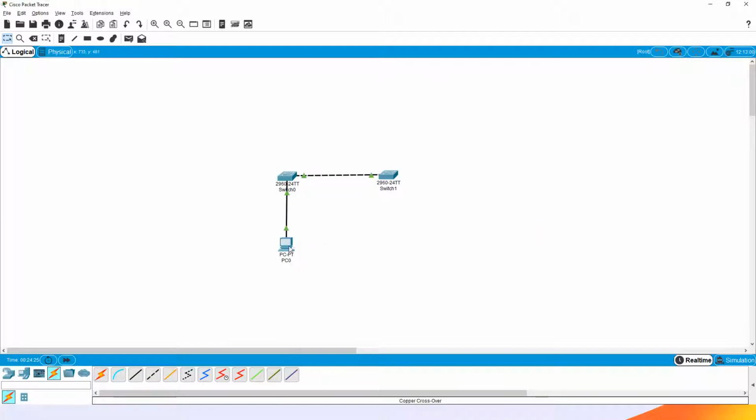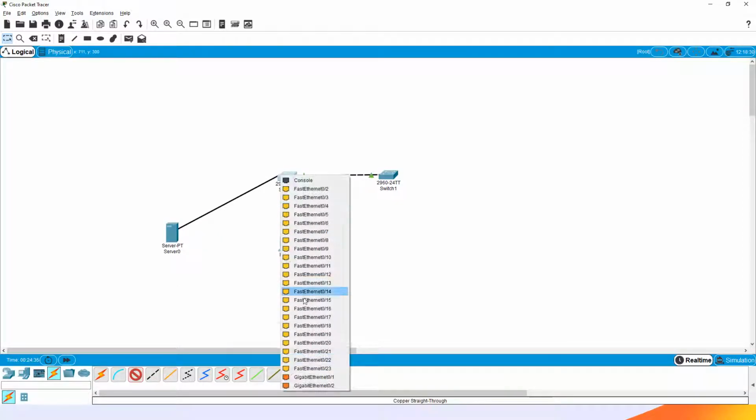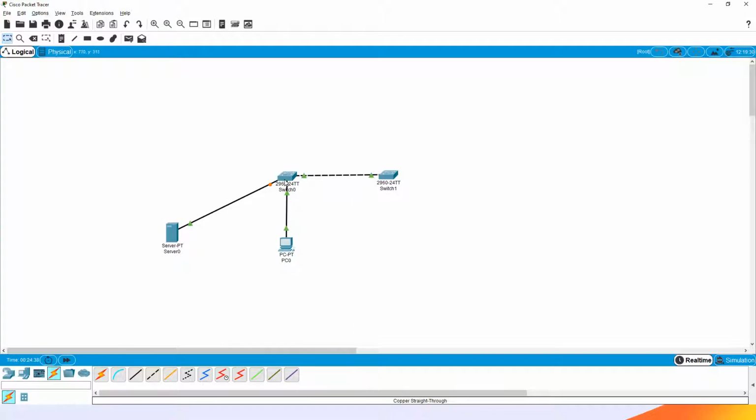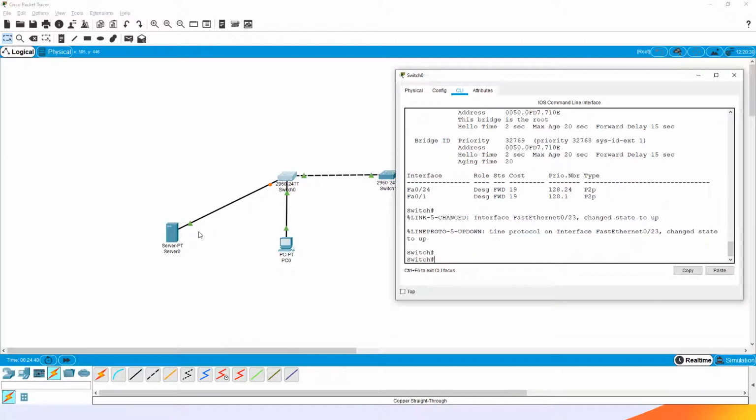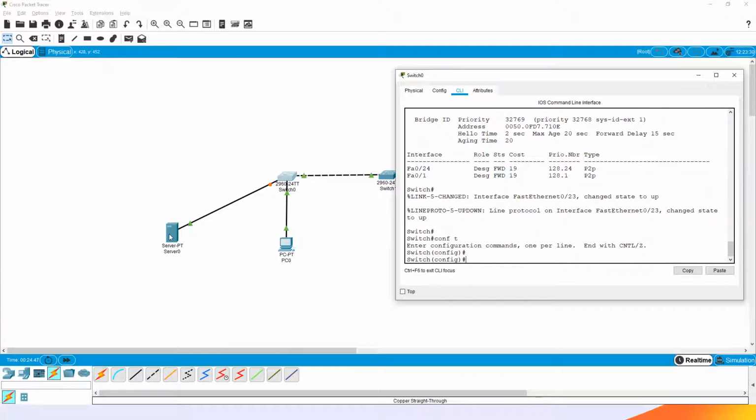So wherever you connect a machine or a server, for example, I connect a server or an end host here, that interface, because the end host, PC, laptop, server, they do not understand the spanning tree. So they do not understand the spanning tree.